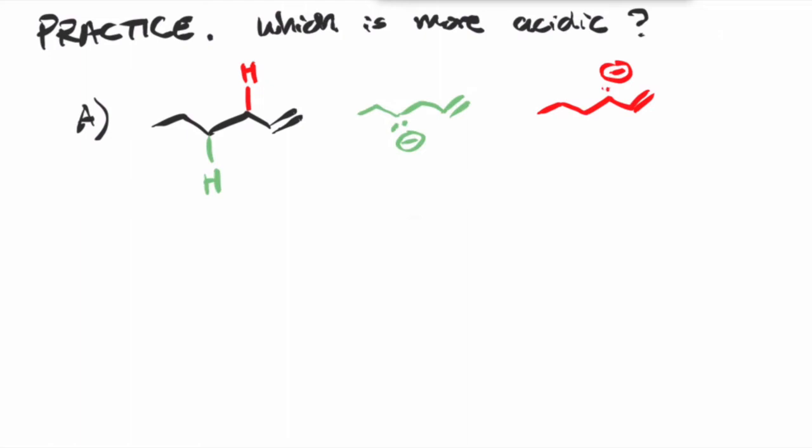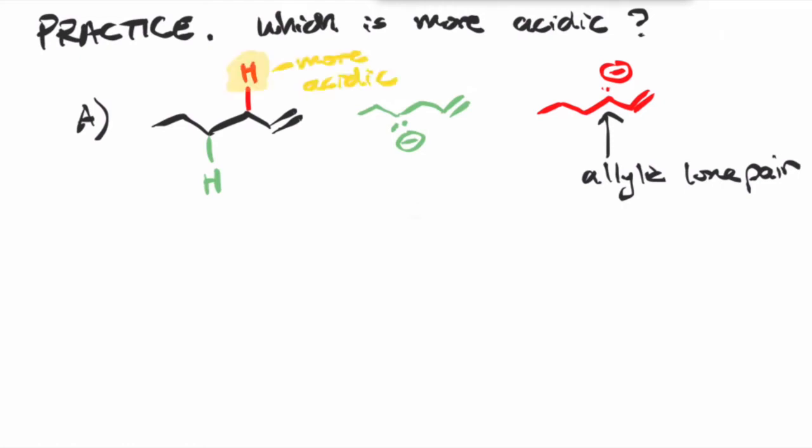Which one of these would be more stabilized? They both have a negative charge on the carbon, so atom is not going to help us, right? So we're going to go ahead and rely on the next one, resonance. Which one of these conjugate bases has a resonance? Notice that the red structure is an allylic lone pair, right? Which can be involved in resonance. So therefore, it is the more stabilized conjugate base. So it would be the more acidic proton.